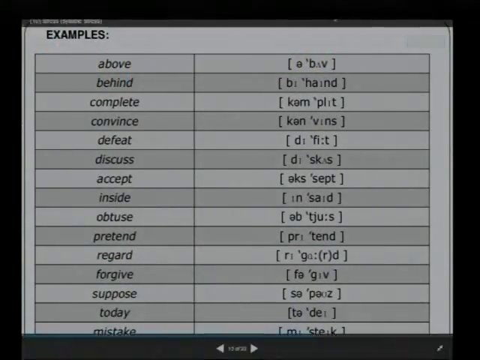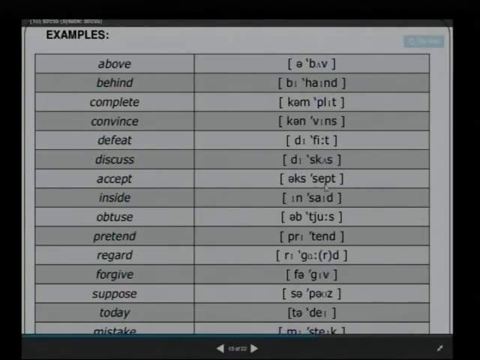So example is above, it's a verb, above, it's a schwa, it's the second part of the word which is stressed. Behind, complete, then we have convince, defeat, discuss,